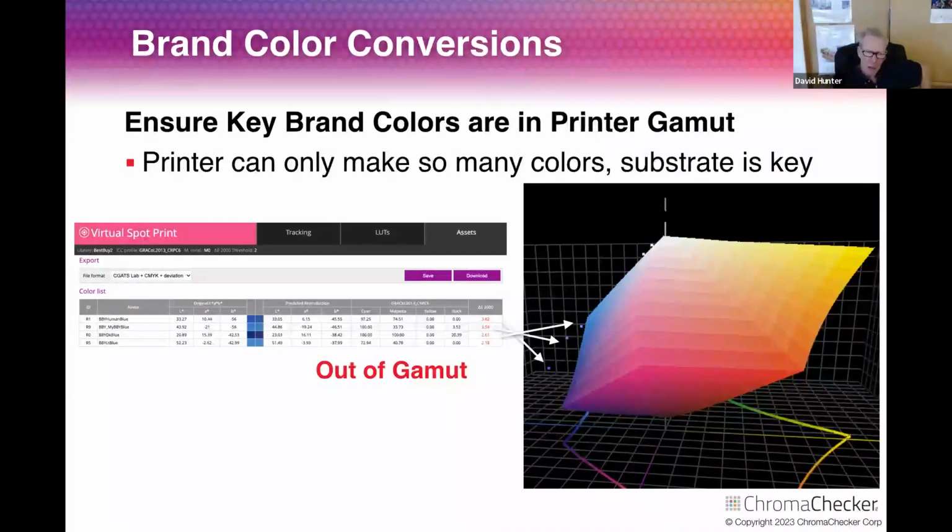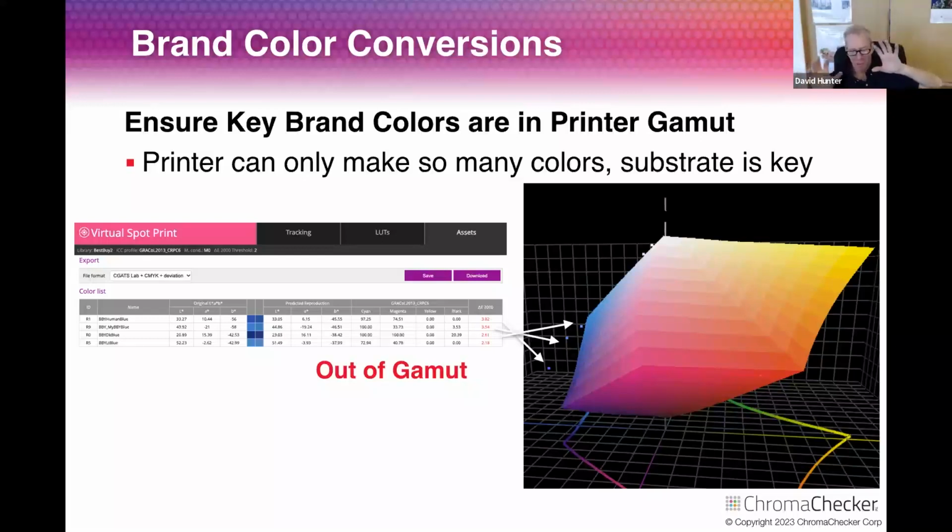And with ChromaChecker, we're actually simulating, okay, it's 3.8 out of gamut, but what's that going to look like? So that you get a better idea of, okay, is it really getting dull and washed out, or is it semi-dull and washed out? So you can actually show this to people and say, is this acceptable? Because so many brand companies will say, oh, I got to have a 2. It's like,